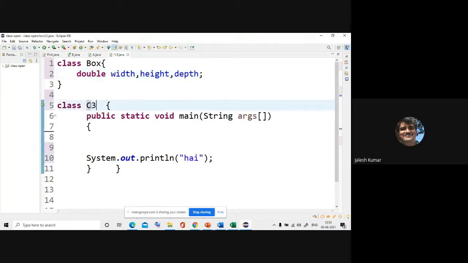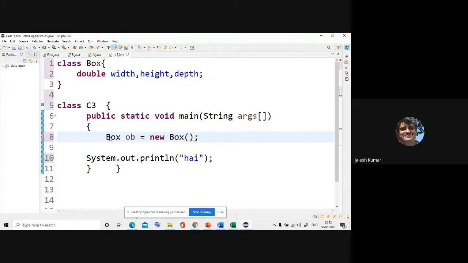That's why I'll make it C3 itself. C3, which contains public static void main, and there, if I wanted to access these particular variables, what I have to do is I have to create an object of type box. Box ob is equal to new box.